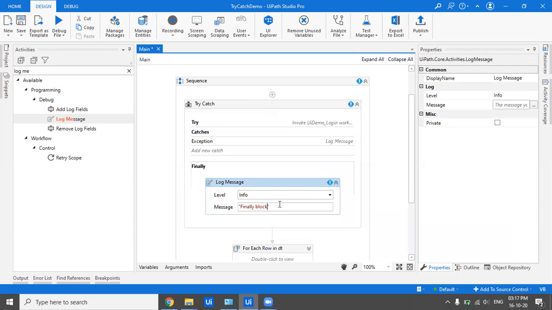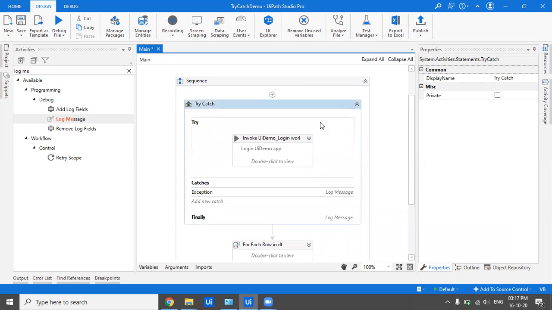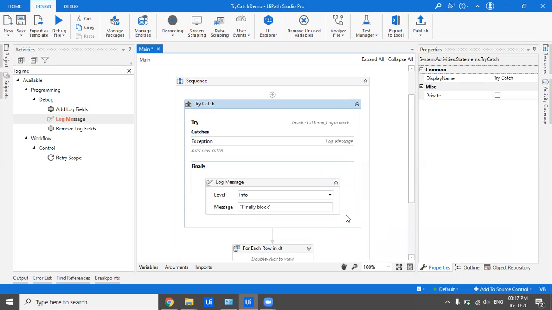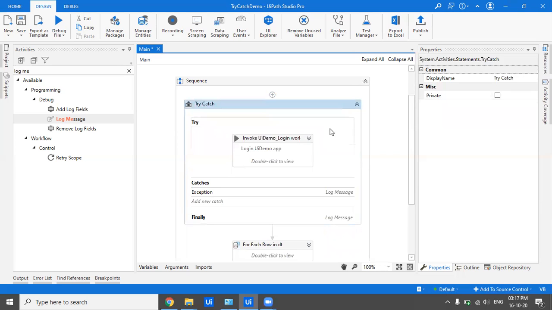A lot of times in interviews you are asked to explain, in very basic or layman's language, what actually try catch is. So in try you put all the code, all the activities, then in catch you catch any exception that may occur in your try block. You catch them, you categorize them, and finally is executed no matter whether there was an exception or there wasn't an exception. So that's a basic understanding of the try catch block.